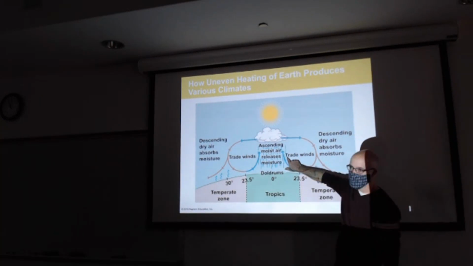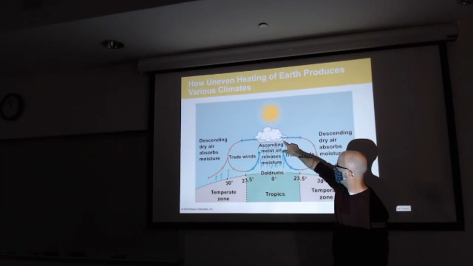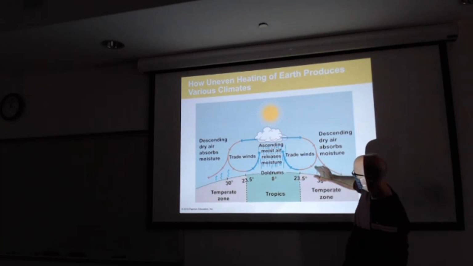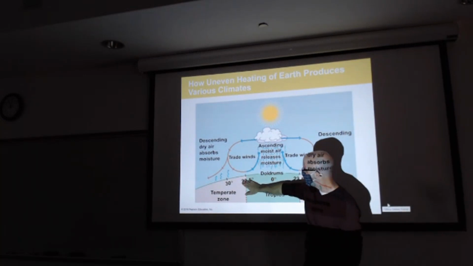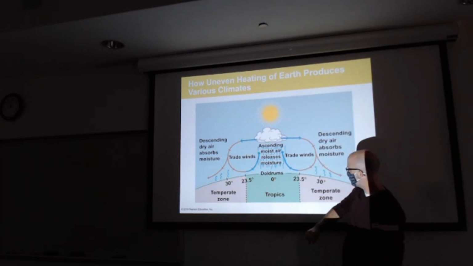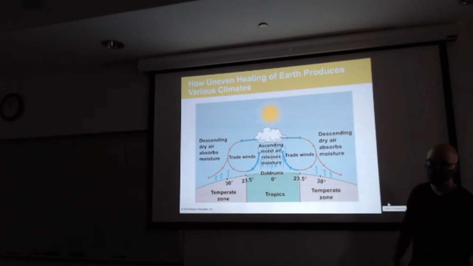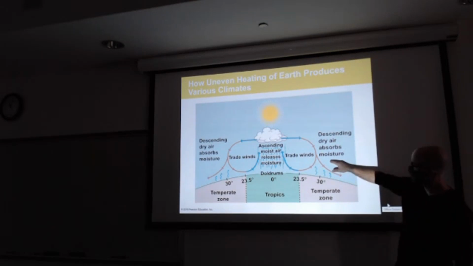The air is going to go someplace, right? It doesn't just go up here and disappear. It moves out this way. But because it's already lost its moisture, as it moves into this part of the earth, it's dry. Right, so we get these trade winds at about 23.5 north and 23.5 south. And then this air comes down and is very dry. Okay? And we see this, it's very predictable. These are the doldrums. This area here, where there is not